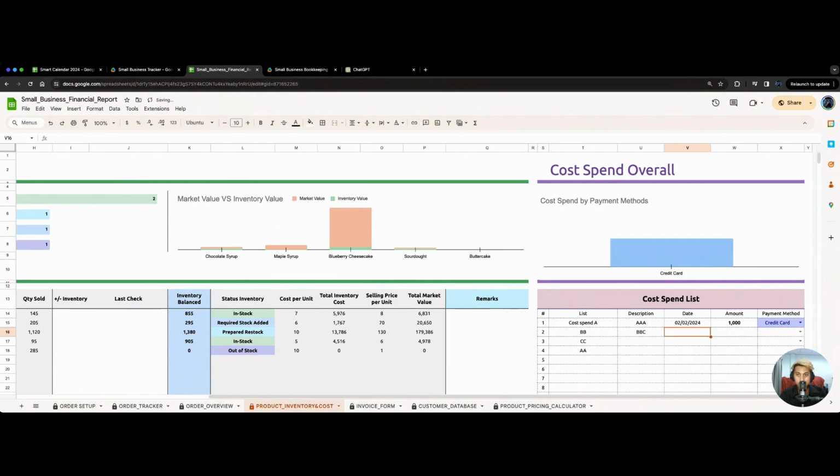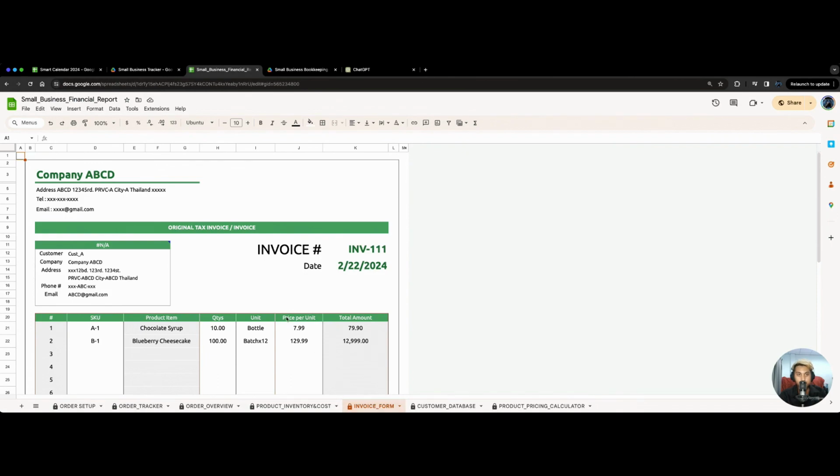In this case, let's say that in the case of one field I fill in cash, right? Now there will be a compare option for each of our months. Between credit cards and cash, how much do we use? When you use the mouse to click on it, you will see the details inside showing how many numbers it is. So in the invoice form section,